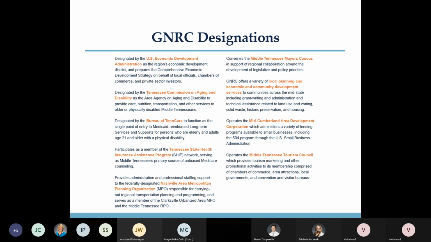I talked a little bit about these designations. We're designated by the U.S. Department of Commerce, Economic Development Administration as the Economic Development District for Middle Tennessee. With that comes the responsibility to develop a regional comprehensive economic development strategy, which you all adopted back in December